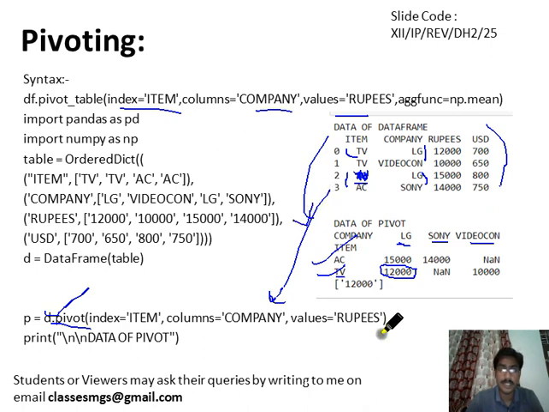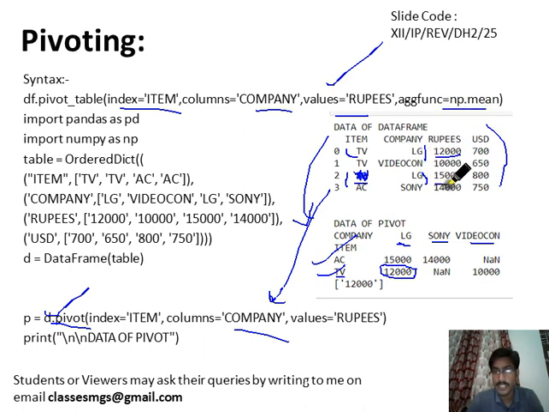For the previous data set it will not give error as we have seen, but if we change the AC value from AC to TV here specifically, and if we run the same example with this code, then it will give error. But if we run this same example with the pivot table method, it will not give error. For the case of duplicacy, it will calculate the mean of these two values.